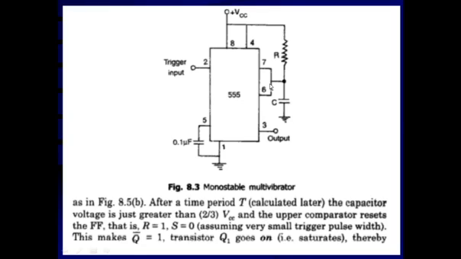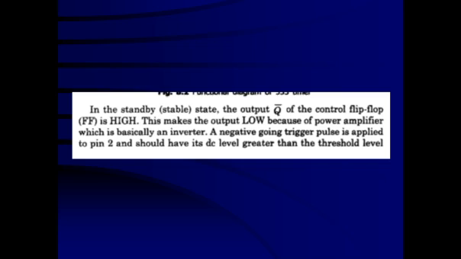So you can see here pin numbers 6 and 7 are connected to the junction of resistance R and C. One terminal of C is connected to the ground, and another terminal is connected to the threshold terminal of the upper comparator, and the discharge terminal, the collector of the transistor, and this is connected to VCC. So now we have seen that this terminal is open. That means the capacitor starts charging through this resistance, and when its voltage increases to about 2 by 3 VCC, then the voltage of the upper comparator, if you want to see, we can go through that.